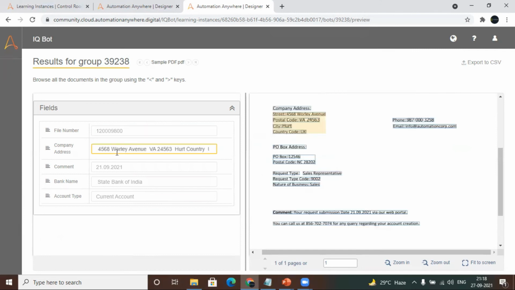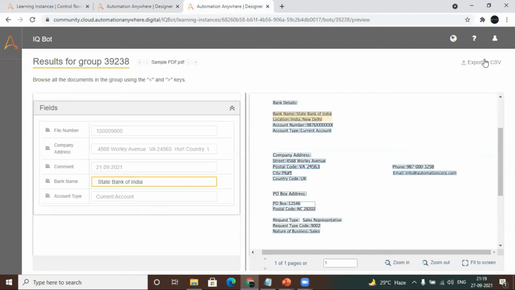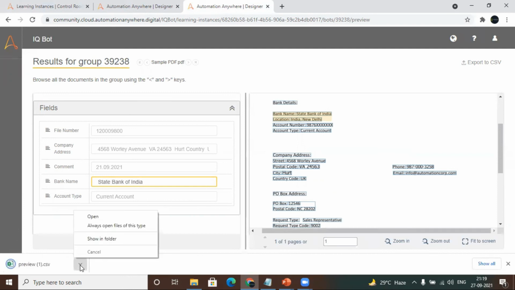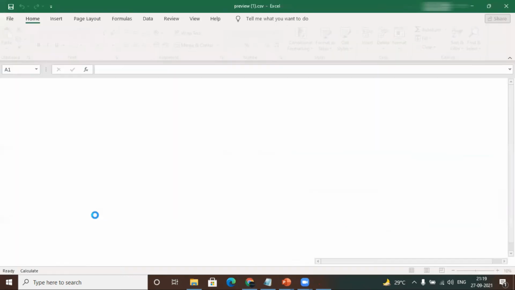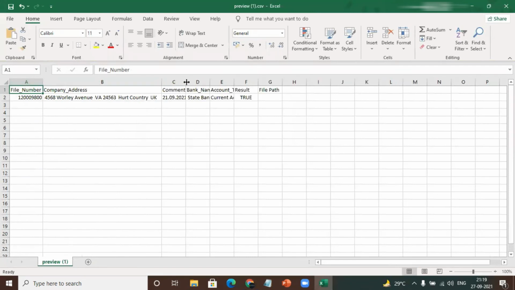Similarly, the company address, where we can see there is no extra value like postal code or street, and this date and state. So if you want to see the output, if you click on export to CSV, we'll have the output as it is, whatever we are seeing.